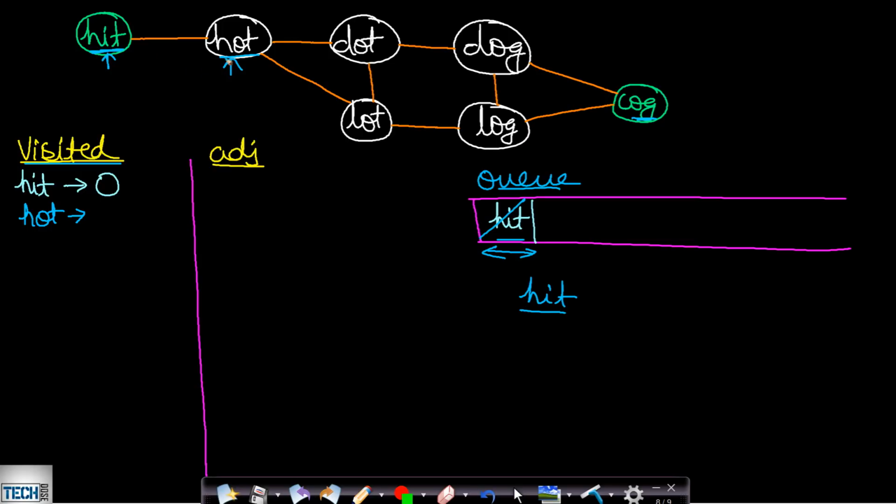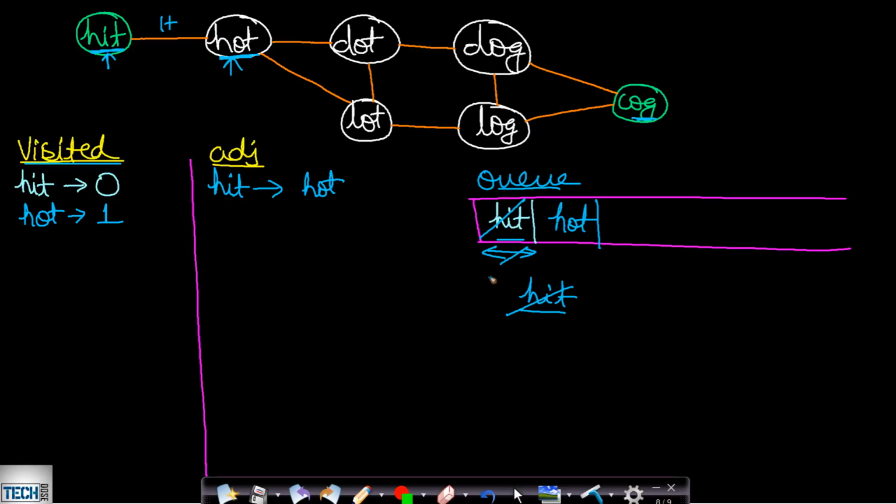Therefore the level at which hot will be equals 1 plus the level at which hit is. So hit is at level 0, so hot will be at level 0 plus 1, which is 1. Okay. Now we will also insert hot into our queue for further processing, and the adjacent node of hit will now be hot. Okay, I hope you are understanding it. Now there are no other possible transitions, so this is processed.